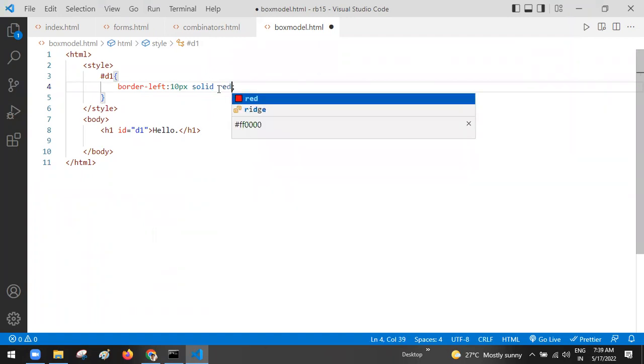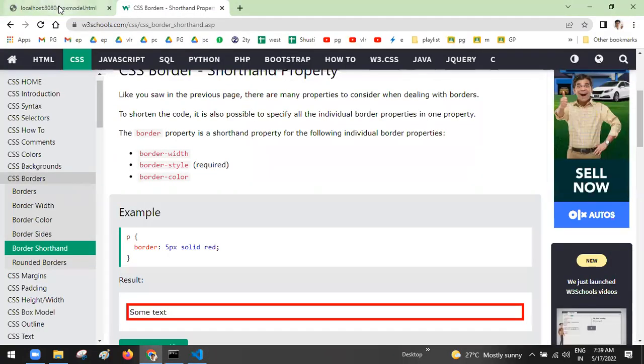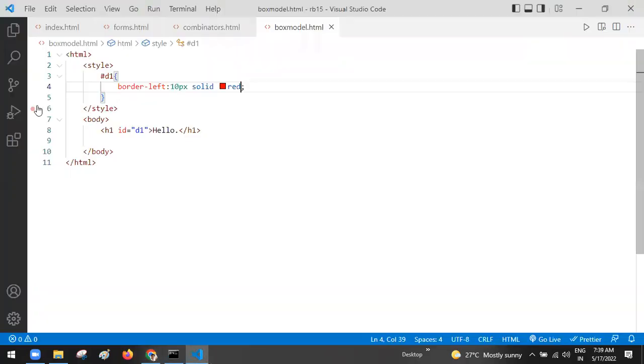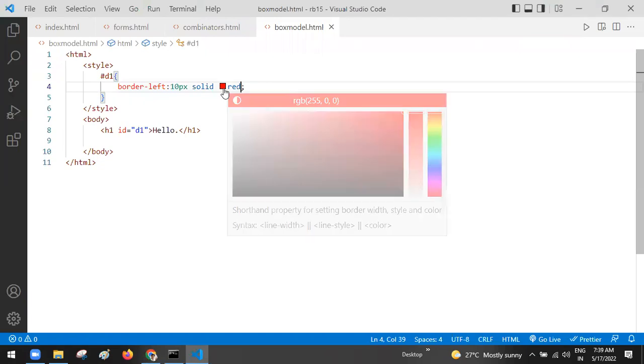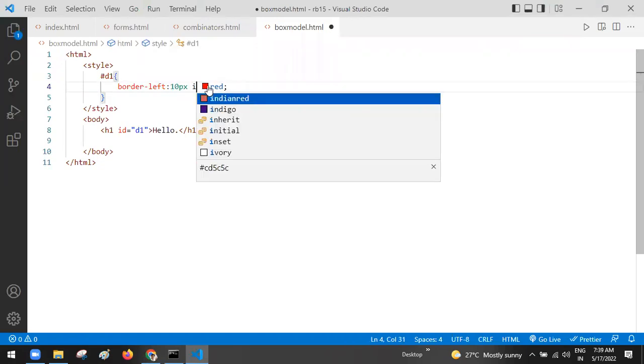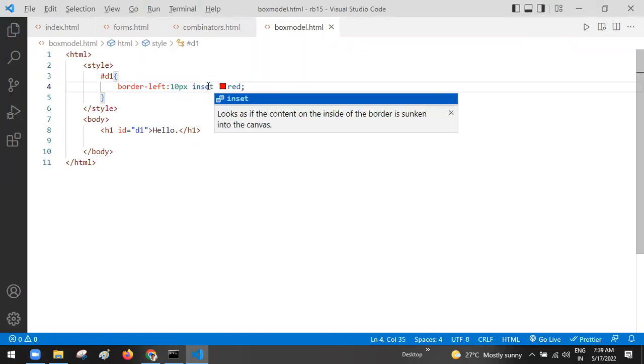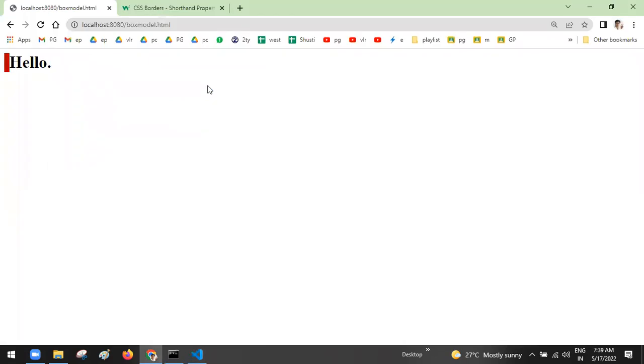If I apply red color, the border we had is coming like this, in red color. And in place of solid, for example, if I set inset, you can see inset, but of course you need